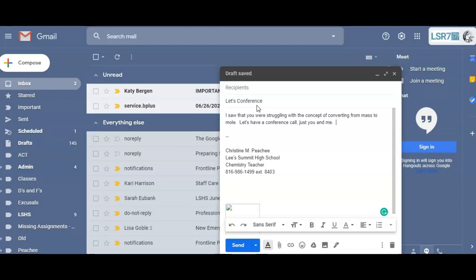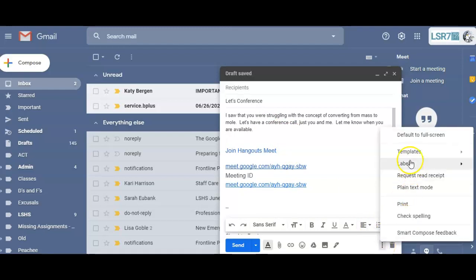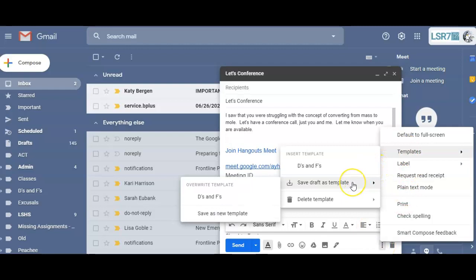You might want to remind them, if you're doing something like this, to let you know when they're available so you're not just sitting there with your Google Meet open. Okay, and then I'm going to cut and paste my Google Meet address so that it has it right there. And then I'm going to go over here and hit these three dots. I'm going to go to Template, and I'm going to go Save